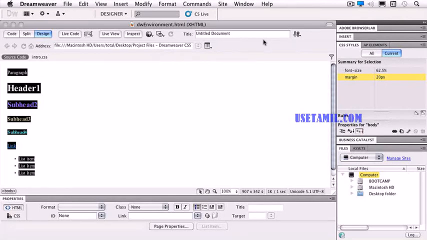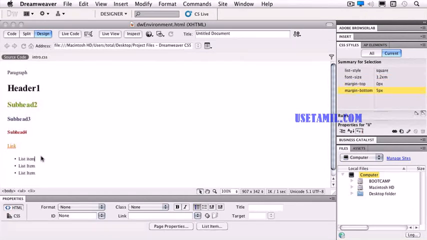So now just click on your page to deselect your text. Now let's take a look at the bottom of our page. The bottom of our page is a very important little feature in Dreamweaver. Now it's been around for a long time. It's not a brand new feature, but it's one that's important nonetheless, and that's our tag selector. Our tag selector allows us to choose elements on the page easily just by where your cursor happens to be sitting. At the moment my cursor happens to be sitting in my list items, so I see body, UL, and LI tag. If I were to click the LI tag, then it selects the list